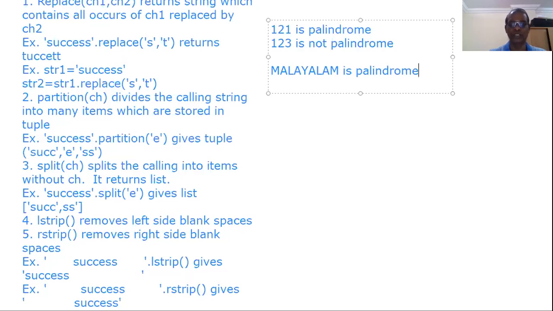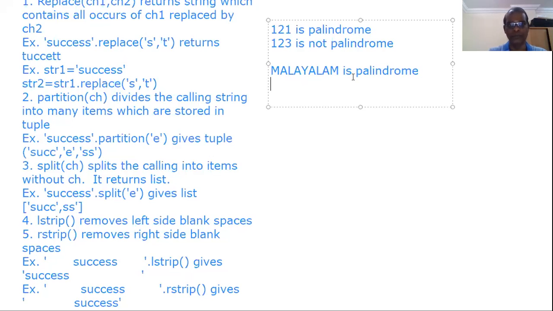Now we are having one string. We have to find out whether the given string is palindrome or not. For example, Malayalam is a palindrome. How do we conclude Malayalam is a palindrome? Either you go from the left hand side or the right hand side, the reverse of the string and the forward of the string both give the same result. M-A-L-A, M-A-L-A. Similarly, Malayalam, here also if you read from the right hand side, that also gives Malayalam.